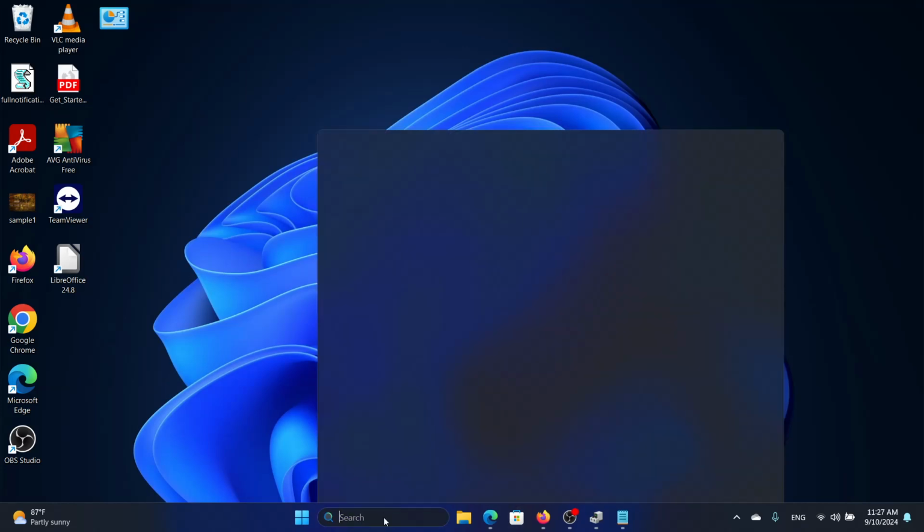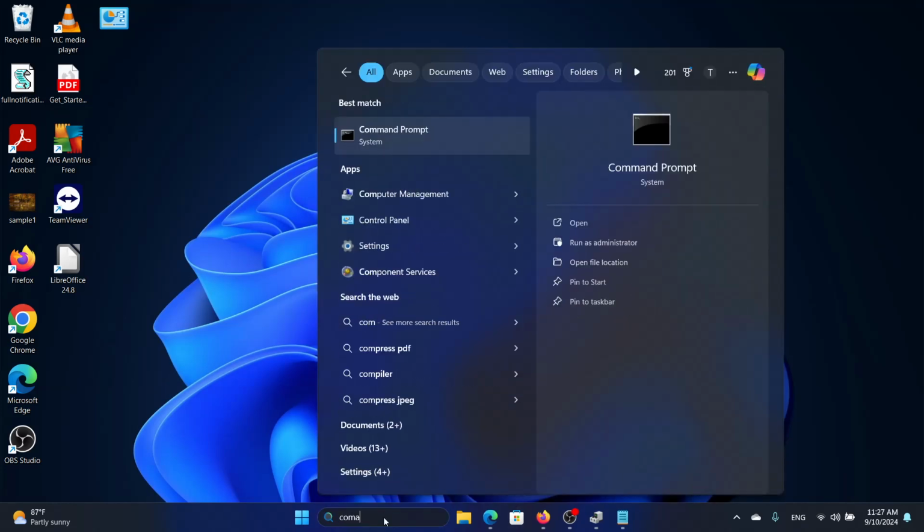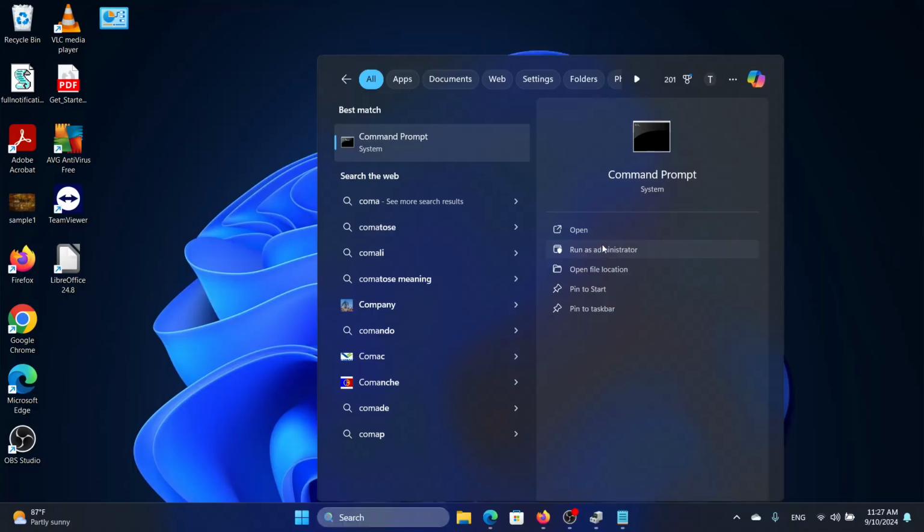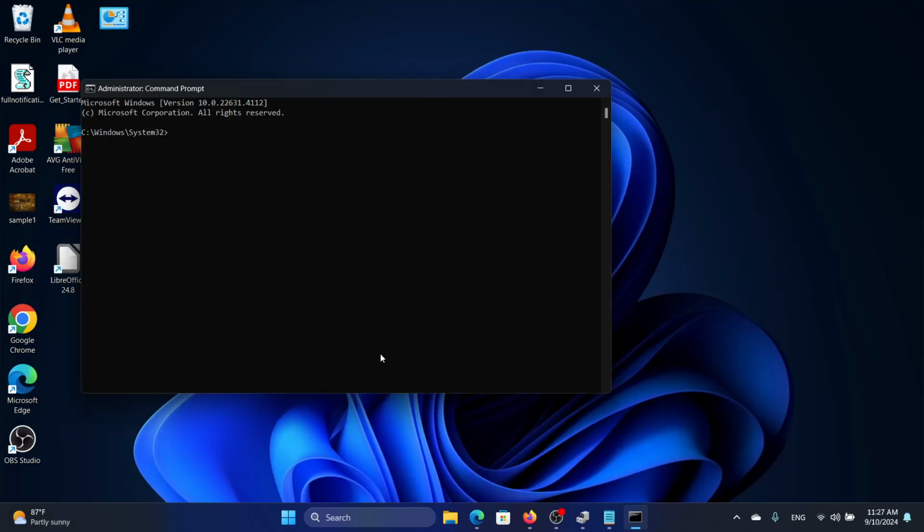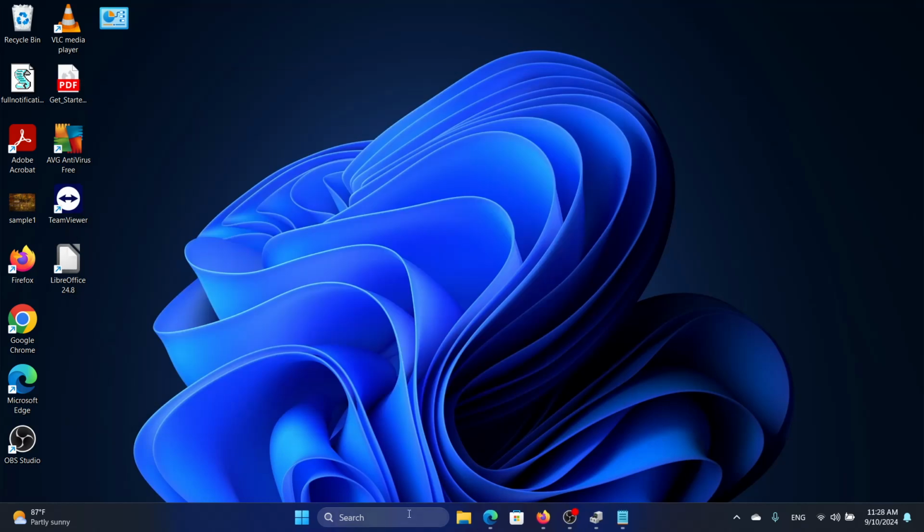So the next thing we need to do is run an SFC scan. So look for command prompt again and then run as administrator, and then we'll enter the command sfc /scannow and press enter. Now again this will take quite some time, so I'll just skip it, but you need